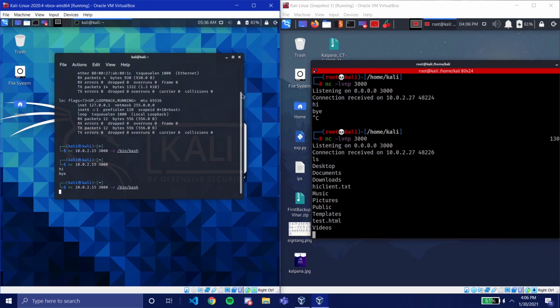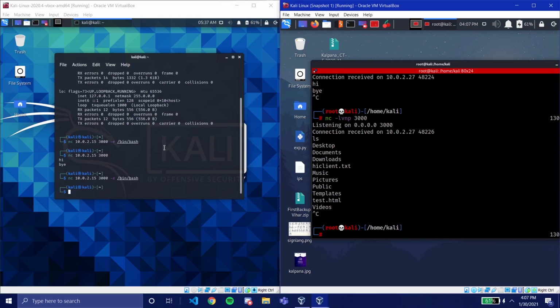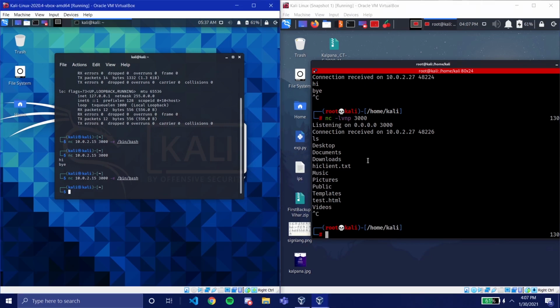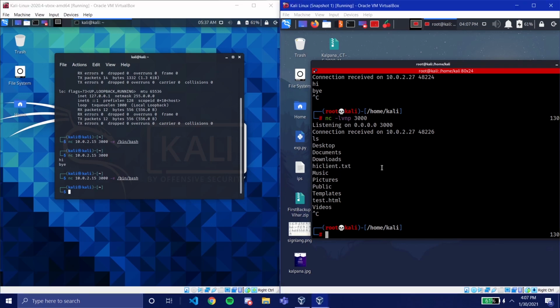There are different ways to get a reverse shell, and if Netcat is installed, this is one of the easiest ways. So that's the power of Netcat. Also, Netcat can be used to transfer files. I think in the discussions too, some people are asking how to exchange files. This is another way, a bit complicated, but it still works.